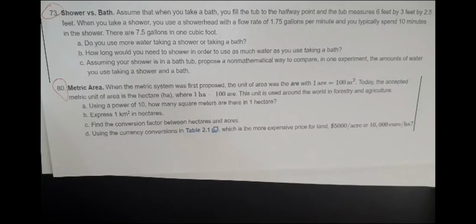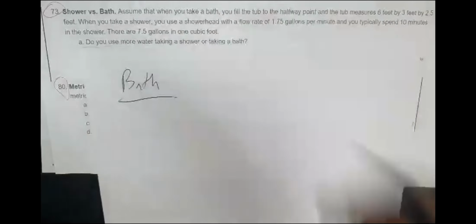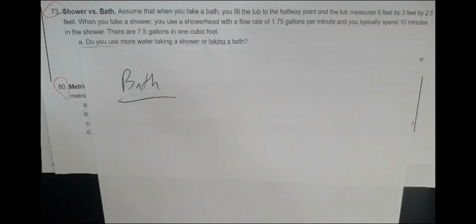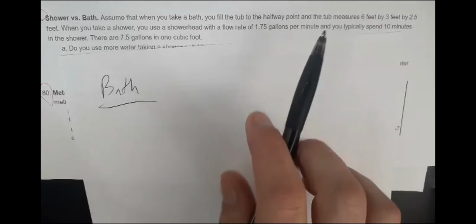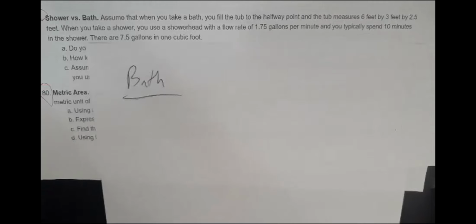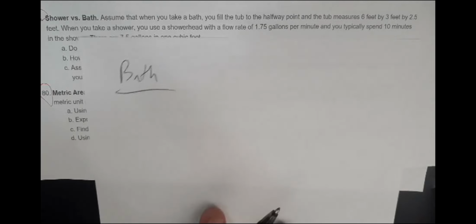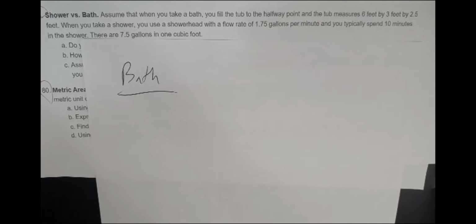So, they give us bath information first. So if we're taking a bath, we want to figure out how much water we're using. What are we figuring out? What's the magic word I'm probably looking for? It's not area, it's not distance, it is volume. Yeah, we're looking for volume of the water. So if we want to know volume of the water,